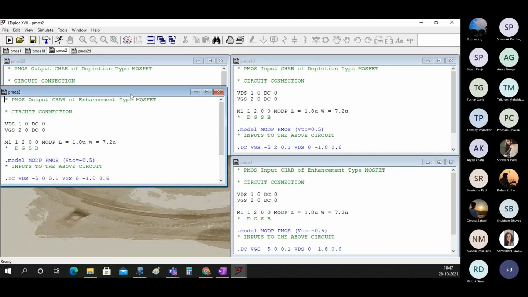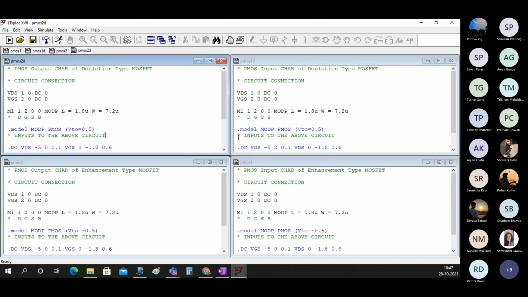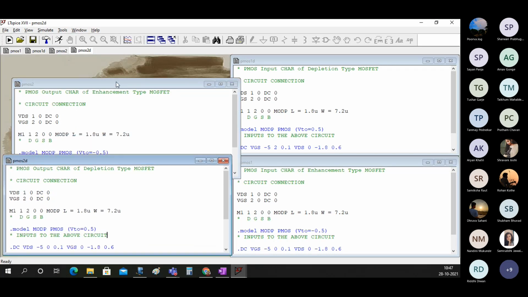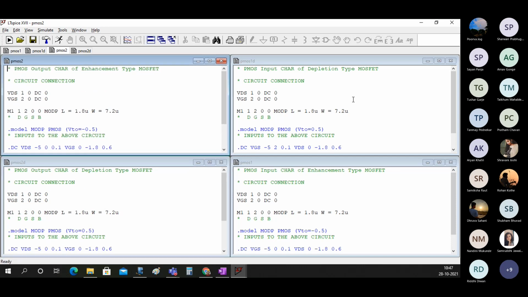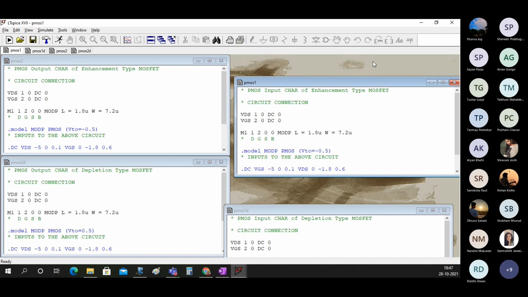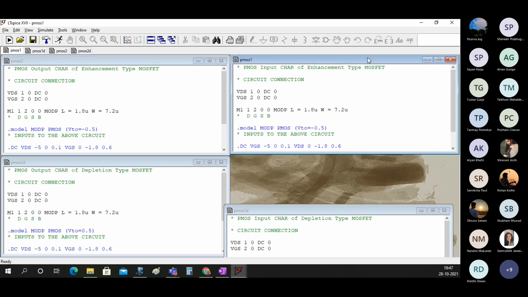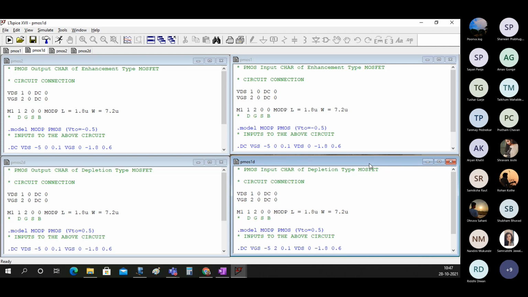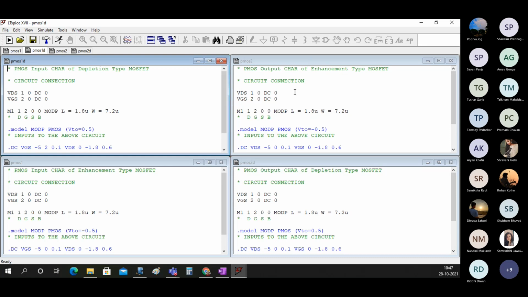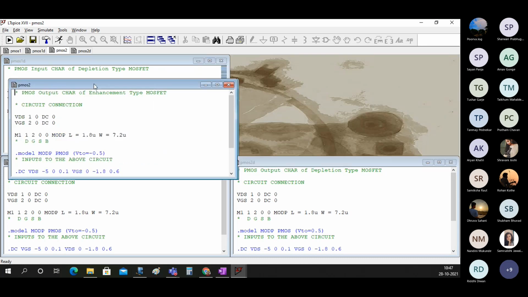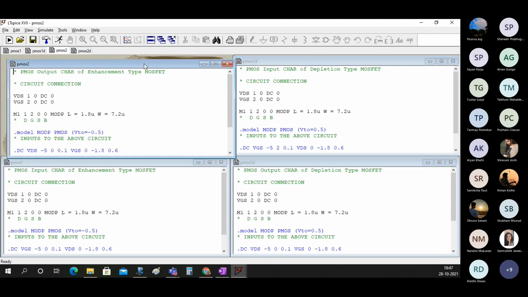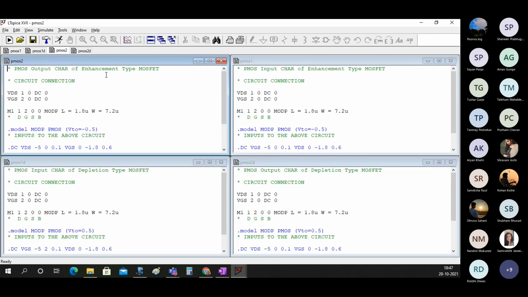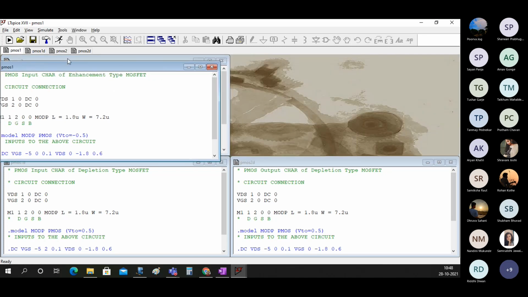So this is enhancement type, this is depletion. So this is PMOS. You can take it like this. This is PMOS enhancement, and this is input characteristics.